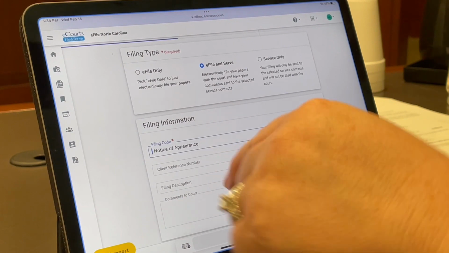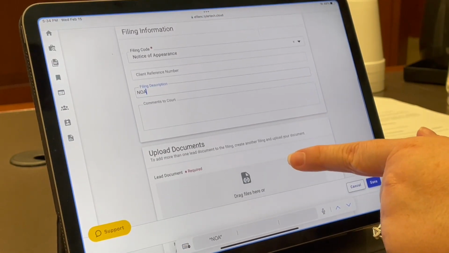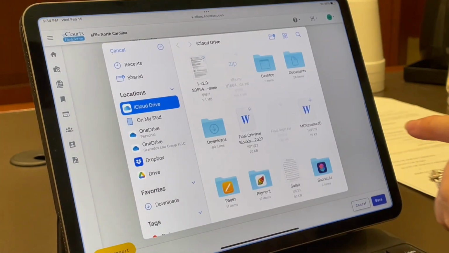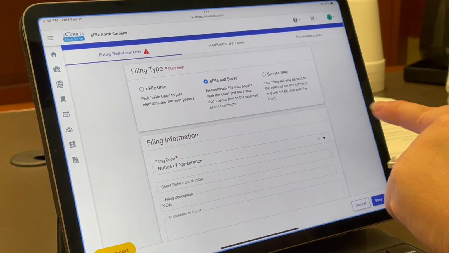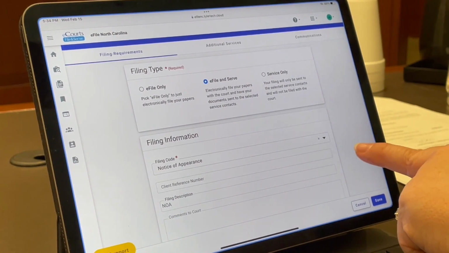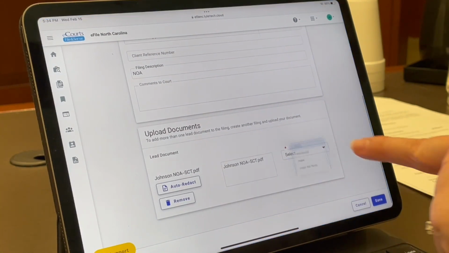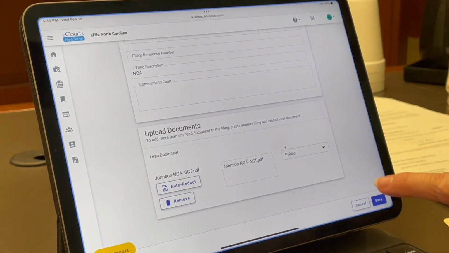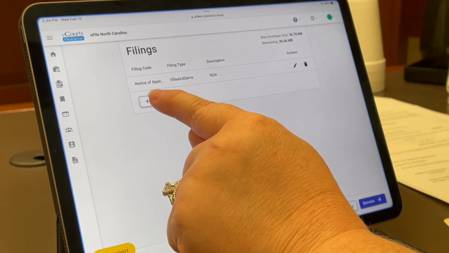I'm going to just put NOA for a note, although it is not required to add that. And then I will upload the PDF version of that document. And then I will select public as the confidentiality level, since it is a public document, and click Save. At this point, I'm going to click Add More,